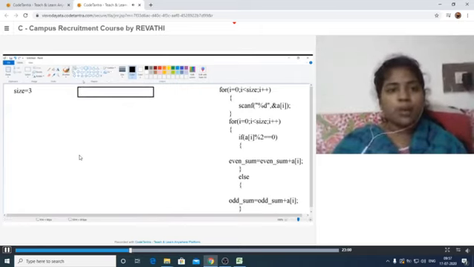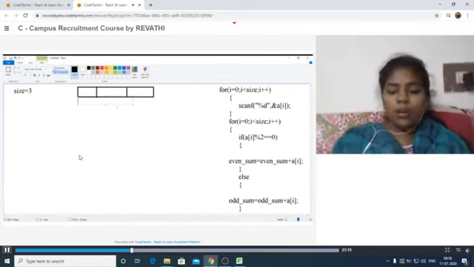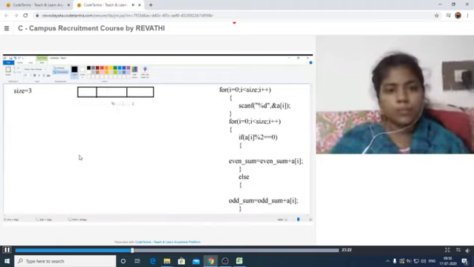Now these are the 3 elements in our array. Now, array indexes are 0, 1, and the next array index is 2.